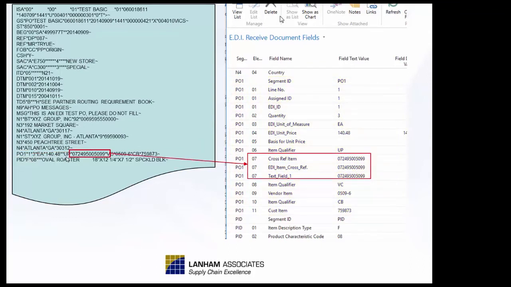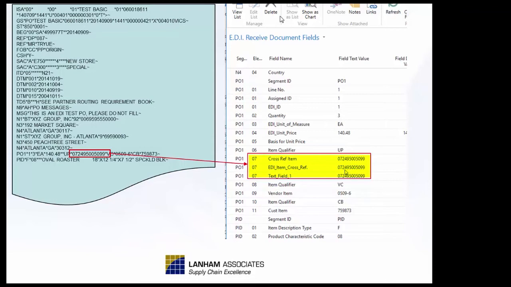Next, more specifically, I want to look at the PO107. The segment is PO1, the element is 07, and as you'll see here, I've got my 07 elements, and then I've mapped that to the EDI item cross-reference table. On the sales line, there's a field called EDI item cross-reference, and it will contain this number, but in my trade partner setup, I'll cross-reference this part number to my NAV part number so that my sales order is created using my items, but then I'm able to send out their part numbers whenever I send out any outbound